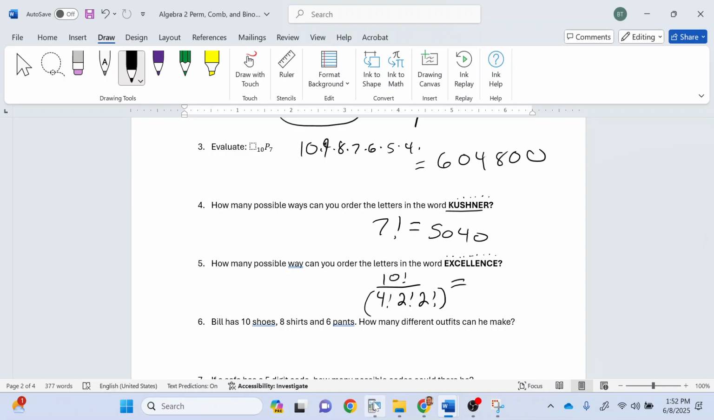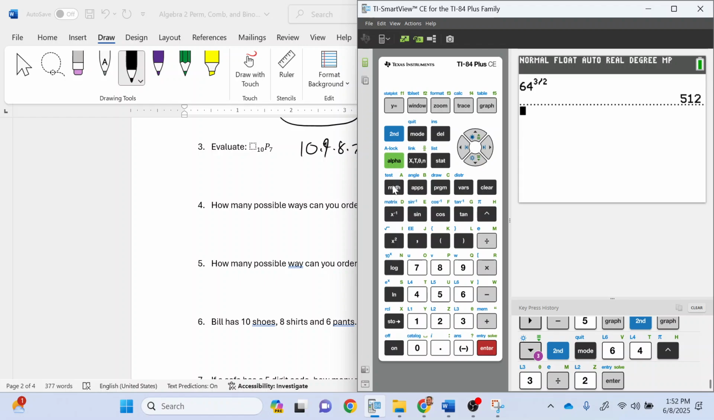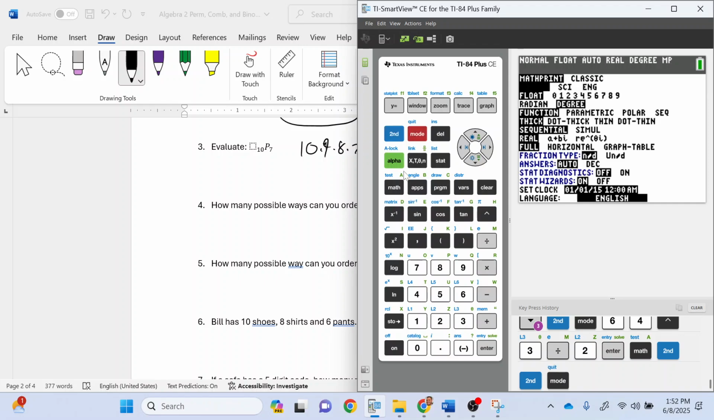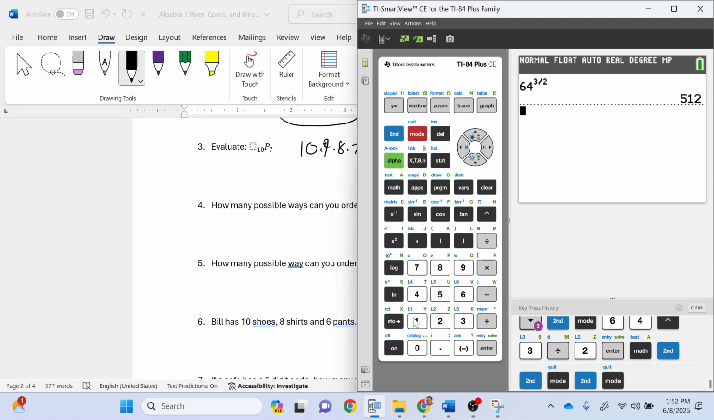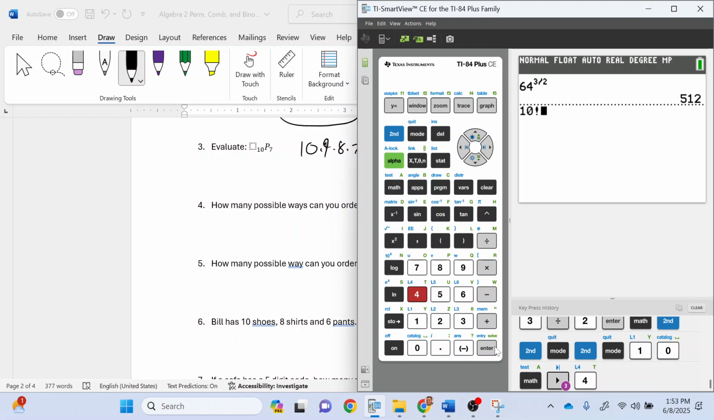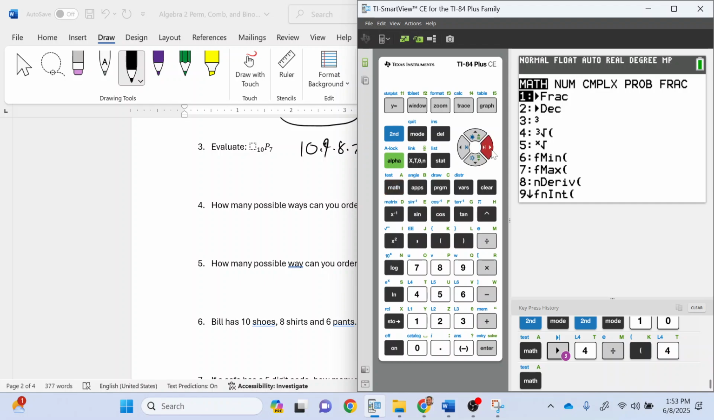Again, I'll just do it here. First you should type in the number. So we're going to go 10 factorial. And then math, go over here, factorial. That's option 4. I think maybe there's a button that lets you do factorial directly? No. Okay, so 10 factorial divided by, put in parentheses so you don't mess up, 4 math factorial